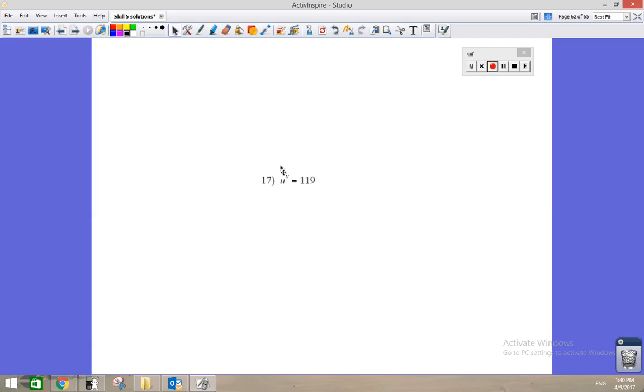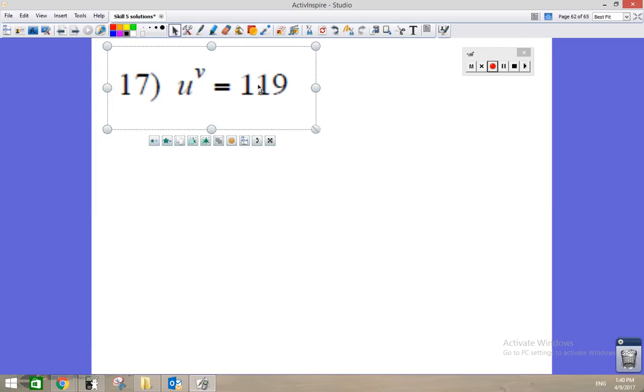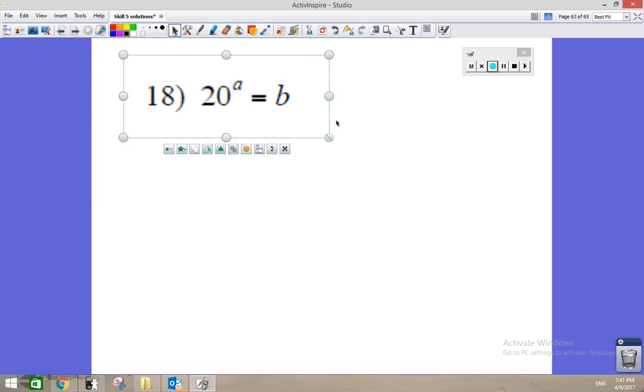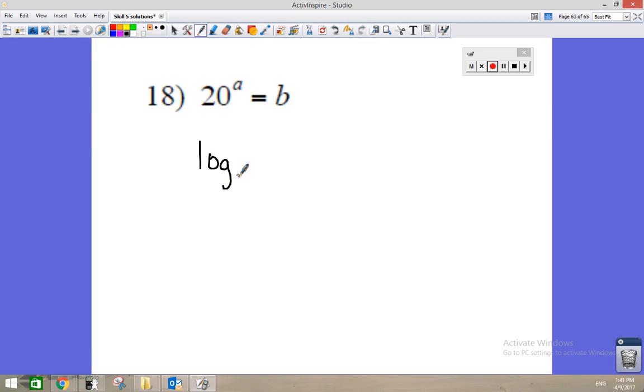And this is log base u of 119 is equal to that exponent v. So I've got log base 20